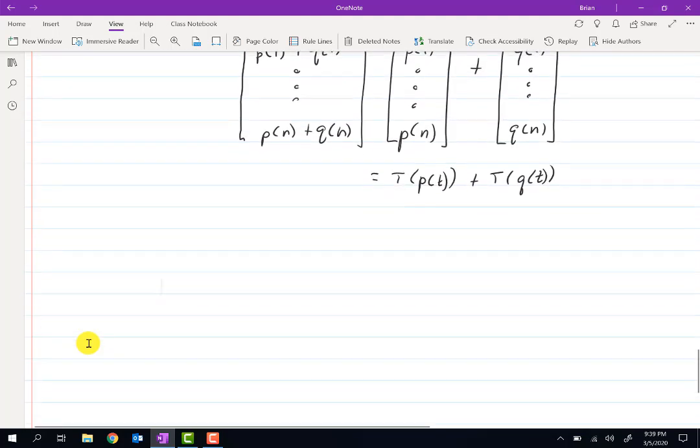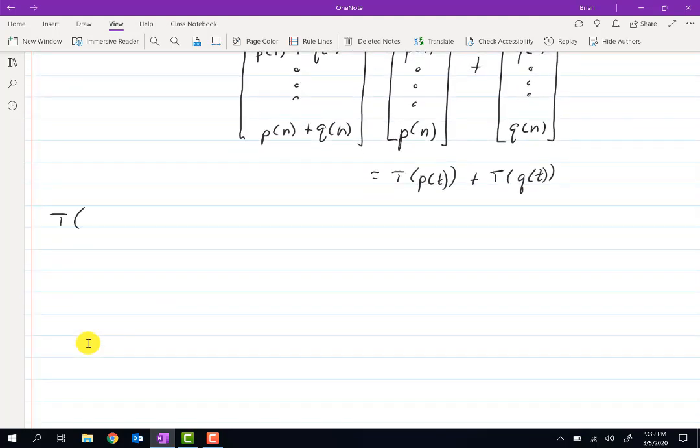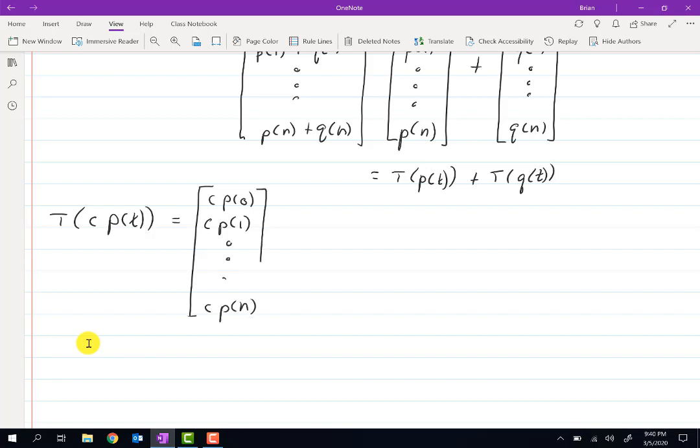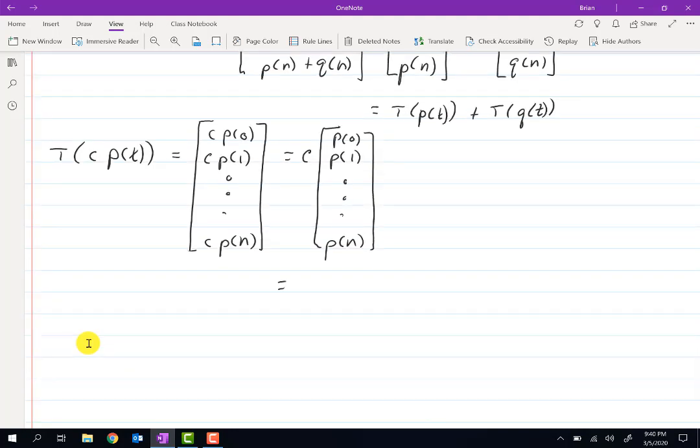The next is closure under scalar multiplication. So if I have a scalar times a polynomial, and I send it into R to the n, it will be c p of 0, c p of 1, all the way down until we get to c p of n. Then I can factor the c out. And of course, that is equal to c times T of